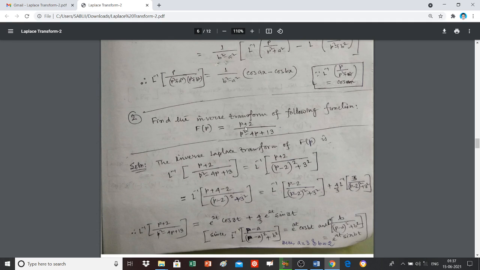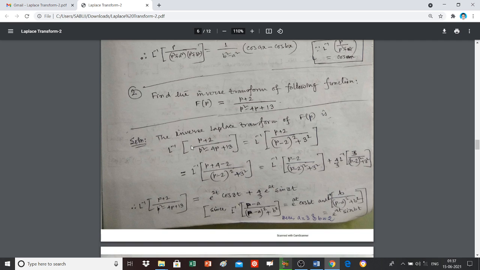Now the second one: find the inverse Laplace transform of the following function, F(p) equal to (p plus 2) by (p square minus 4p plus 13). So let us consider the given function F(p). The Laplace inverse transform of this function is L inverse of (p plus 2) by (p square minus 4p plus 13), that is equal to L inverse of (p plus 2)